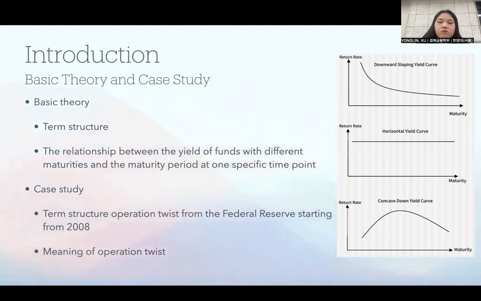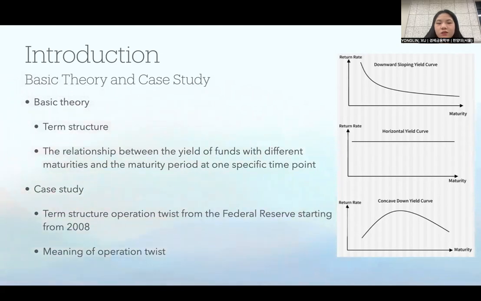I'm going to use the operation twist from the Federal Reserve starting from 2008. Since 2008, the United States applied quantitative easing in 2 rounds to try to address the economic recession. The first round, starting from October 2008 to June 2010, the Fed purchased approximately 1.725 trillion US dollars in government bonds, mortgage backed